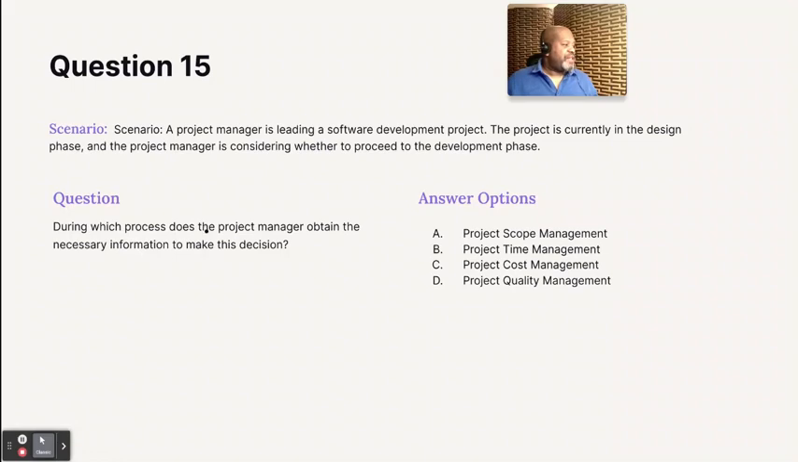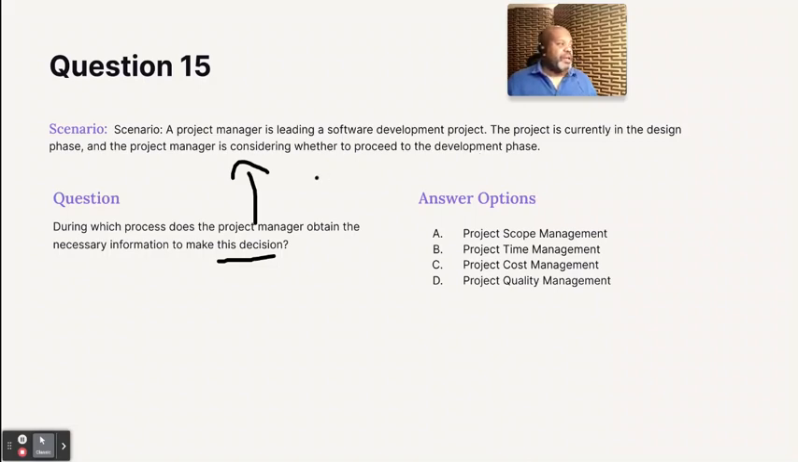During which process does the project manager obtain the necessary information to make this change? This change. What is this change? The project is currently in the design phase, and the project manager is considering whether to proceed to the development phase. Okay, well,